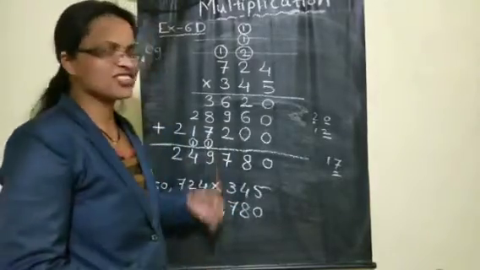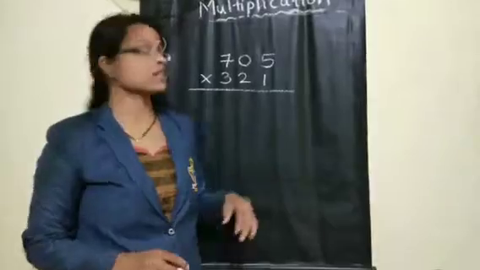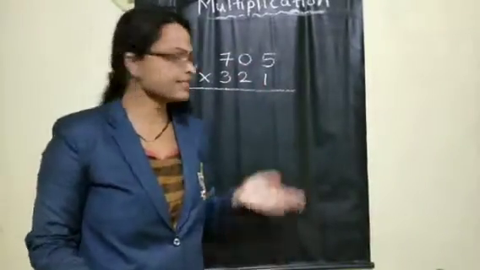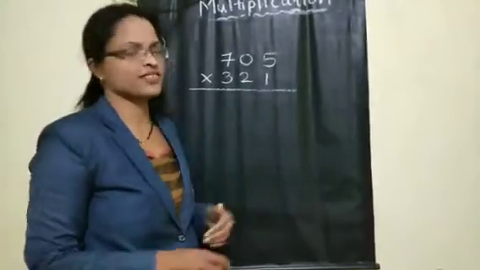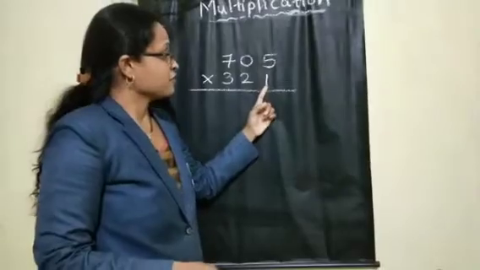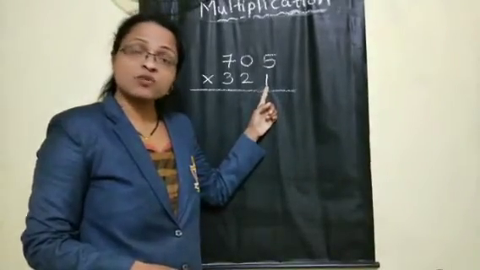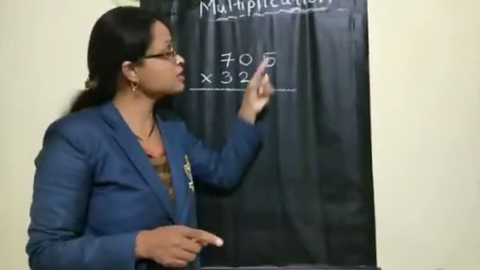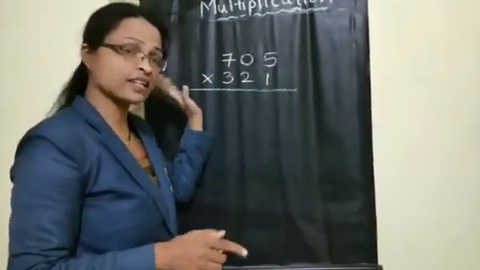Okay, let us try one more example. So I have taken such a number that in that number 0 is also there, 1 is also present, and other numbers are also there. Let us try this example now. As it is, our first step, which number is there in the ones place? Downside 1. With that 1, we are multiplying upside all the numbers from ones to tens, 100 and so on.